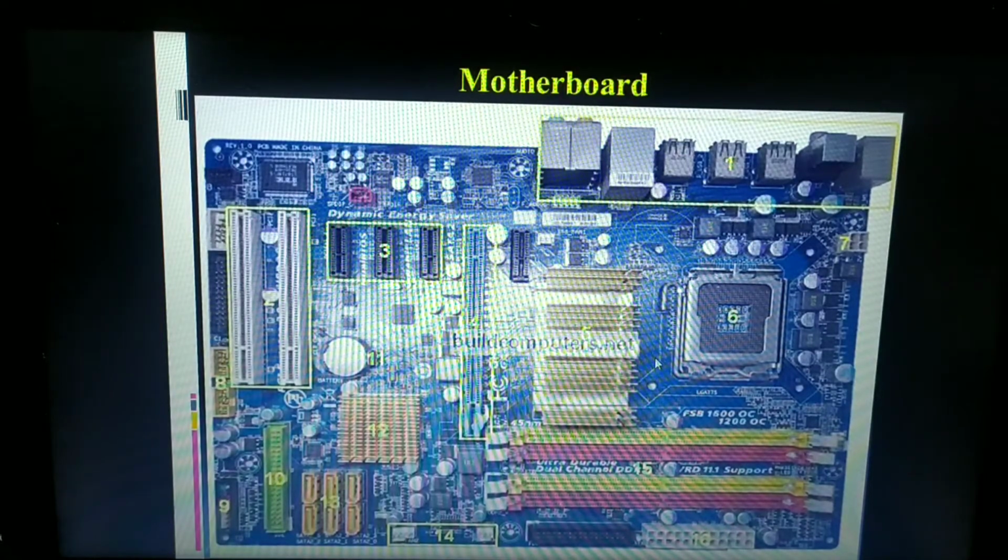Memory chips like RAM slots, random access memory slots, we are having here. Then we are having interfaces, ports, expansion cards. PCI slots we are having, that is Peripheral Component Interconnect, ISA, Industry Standard Architecture, AGP, Accelerated Graphics Port. Different kinds of electronic components are mounted on it. Apart from that, the RAM, hard drive, disk drive, and optical drives are all plugged into the interfaces.